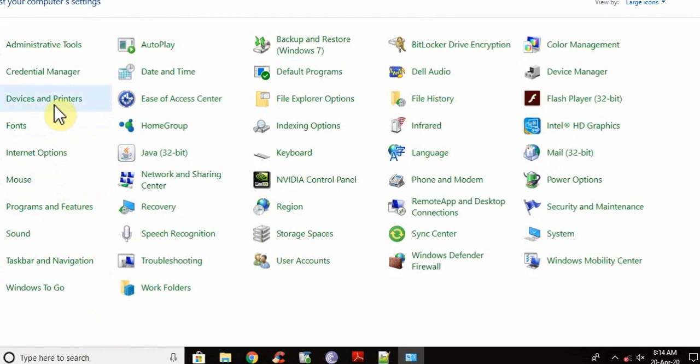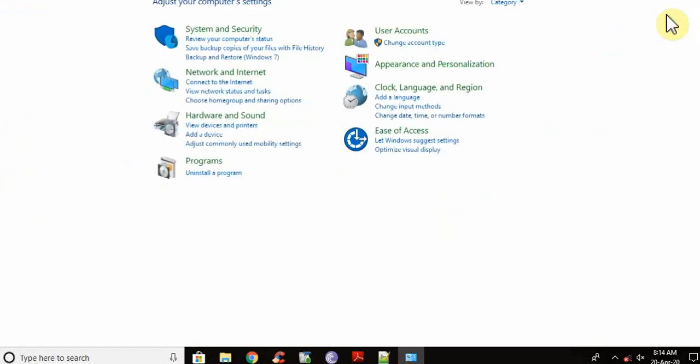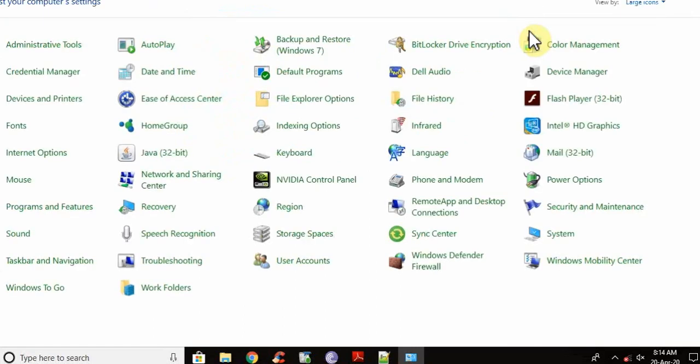Students, please check here. Here is device and printer. Let me try this. This is category wise. Same things are here, but in order to show you, I am changing it to large icon so that you will be easily getting the points. Now this is device and printer. Let me click on this device and printer.